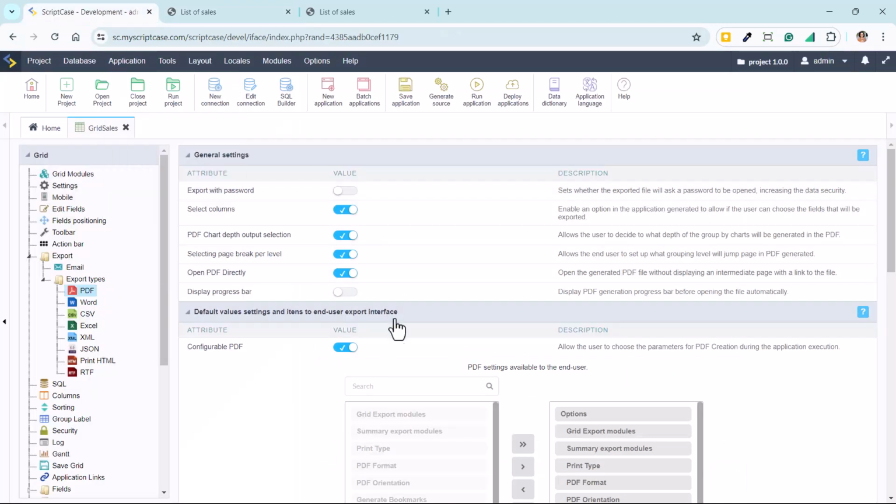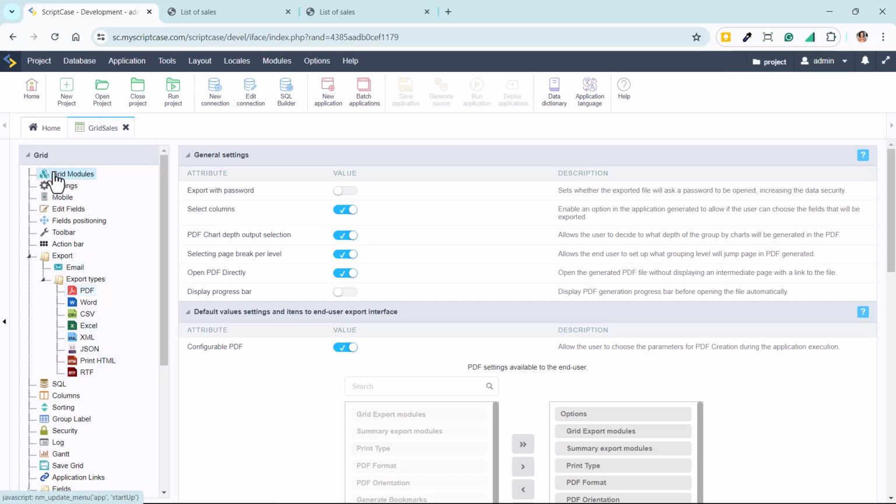To see more details about export options, search for the video on exporting in the Grid application. So you can see how to play with all those options from PDF and so on.